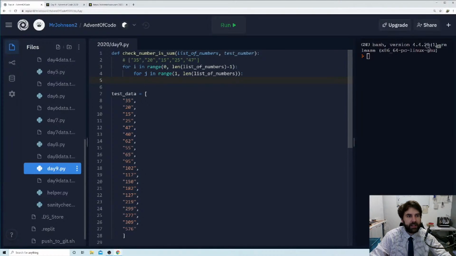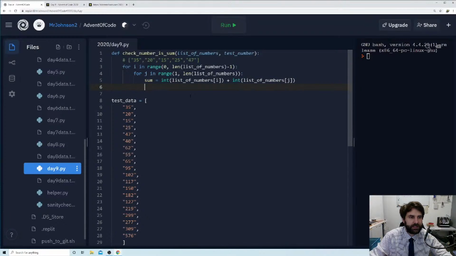Okay, fantastic. And what we're going to say is sum is equal to list of numbers at position i add our list of numbers at position j. It would probably be helpful if I cast these into integers. So I will just do int, because I don't want to be using strings.